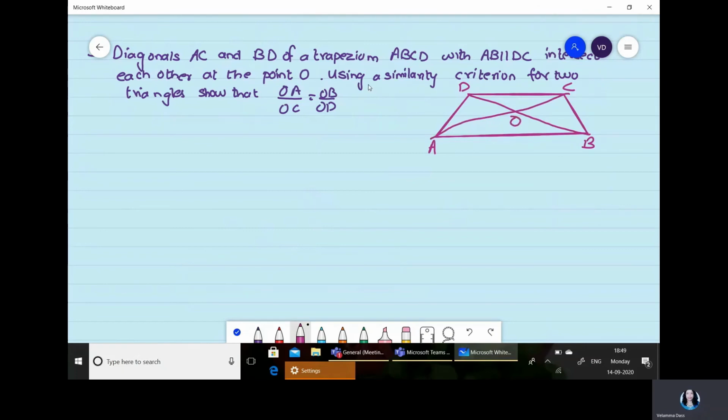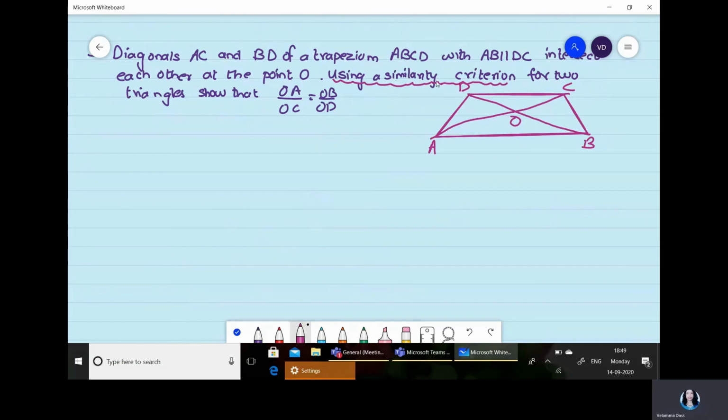Now they have given here the fact that you have to use this criterion. Board exams never tell you which criterion to use. The same sum can be dealt with using the BPT theorem, which you have dealt with in the previous exercise. Now here they have mentioned it, and this is the easiest way where we can solve it.